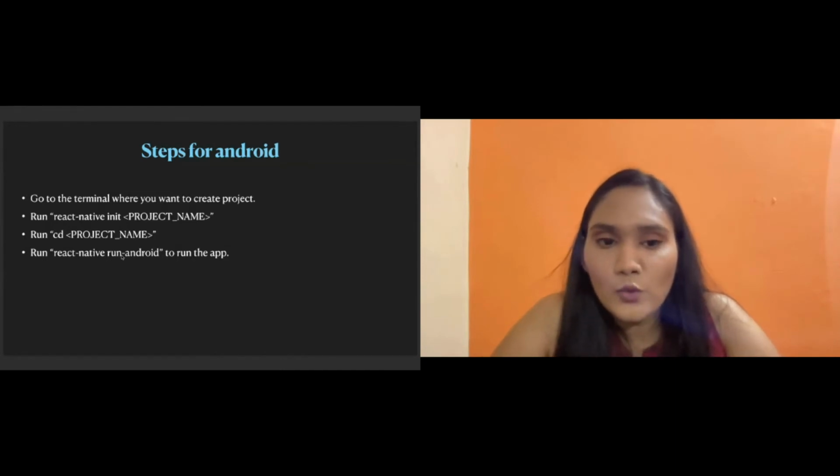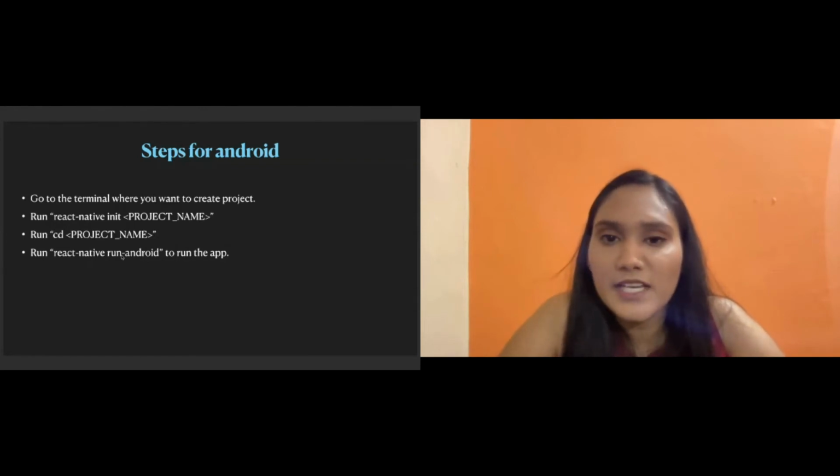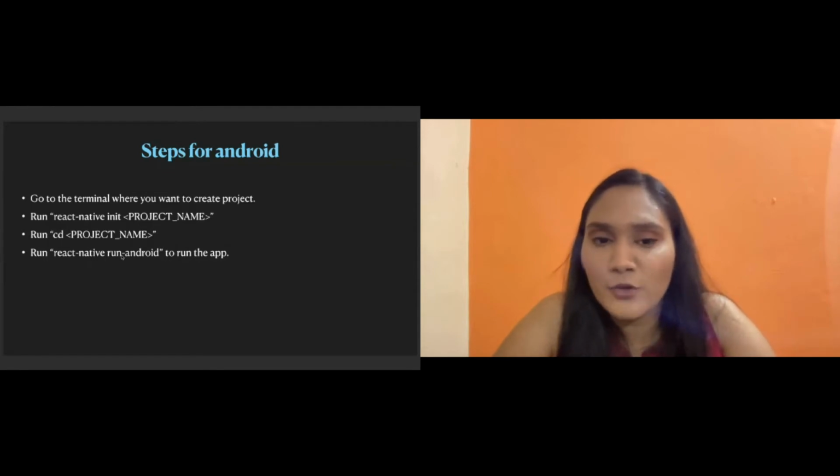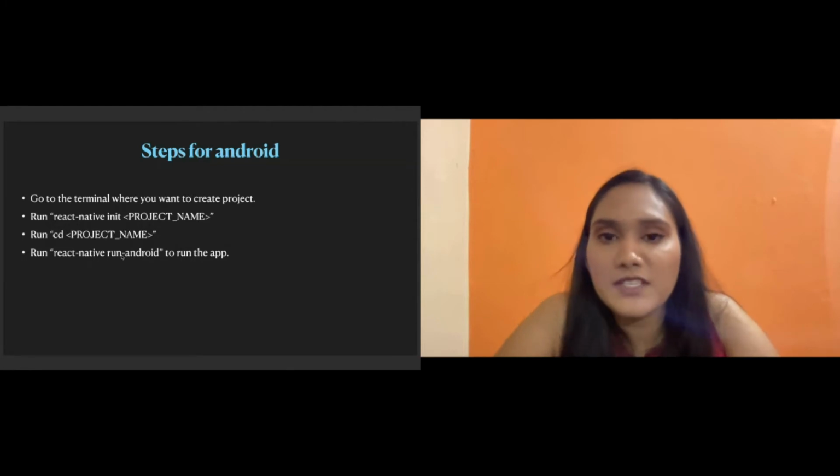If you do not want to write React Native run Android, and you have Android Studio installed in your system, rather than installing things separately, like the Android SDK and Java simulator, what you can do is open the Android folder. There is a folder called Android inside your project. You can open that Android folder in Android Studio and just run the play button. It will start building up the project in your simulator, and the simulator will open automatically. You do not have to do anything. You just need to open that Android folder in Android Studio. That is it.